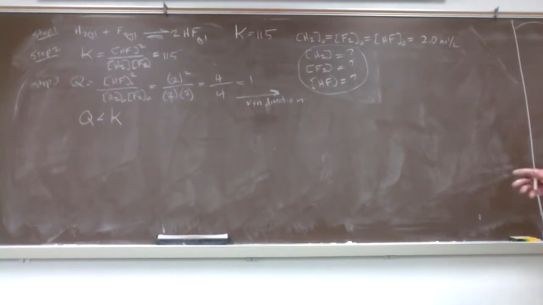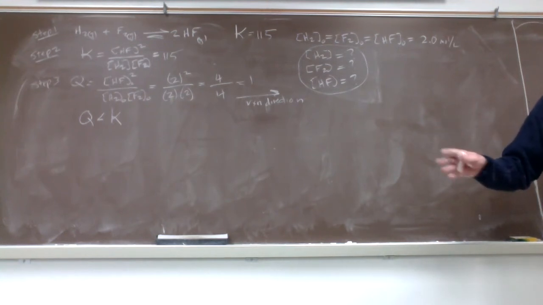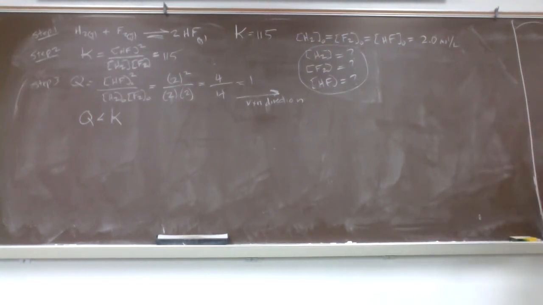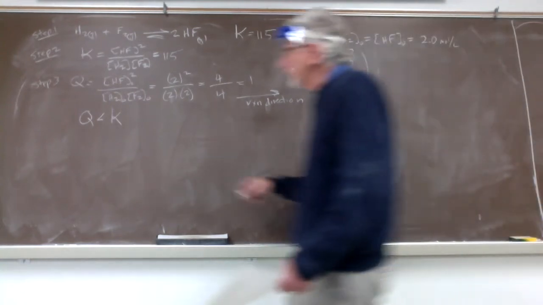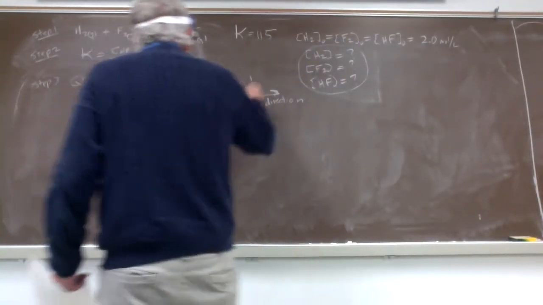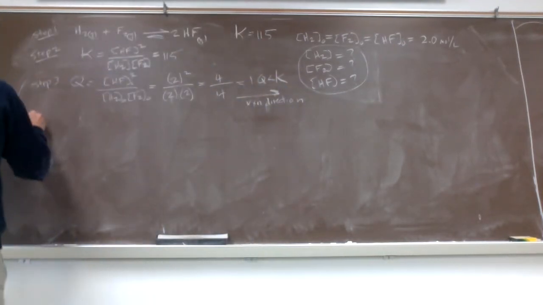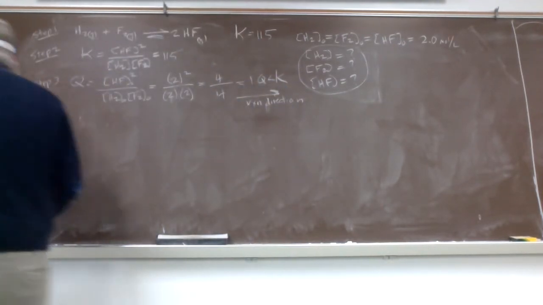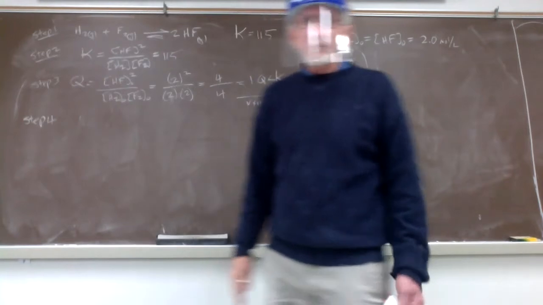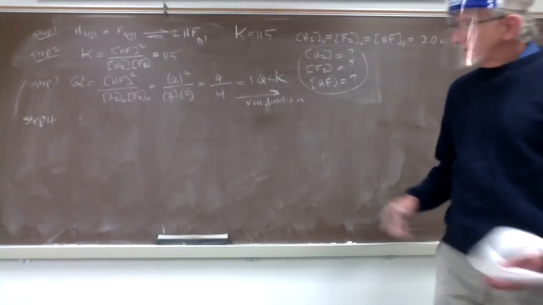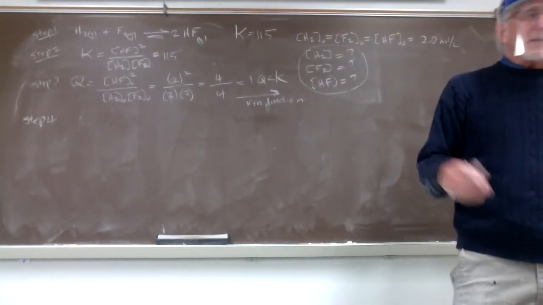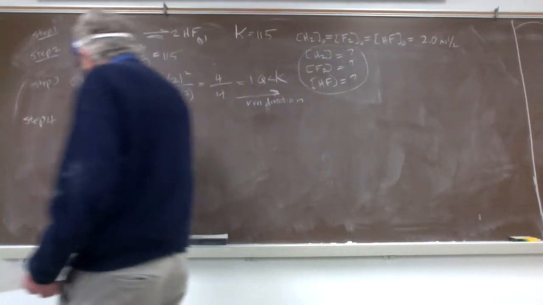Okay, so now we know which direction it's going to have to go to get to equilibrium, but how far will it go to get to equilibrium? And what will the concentrations of the reactants and products be when we get to equilibrium? And that's what we're going to determine in step 4. Step 4 and 5. In step 4, we're going to create a table, and it's called an ICE table, not because it has anything to do with water ice, but